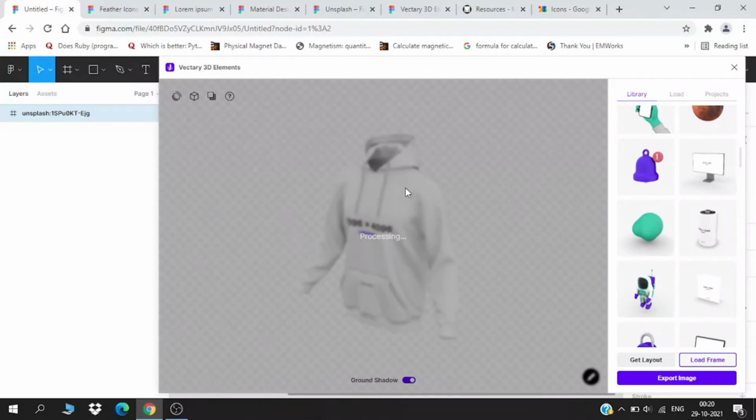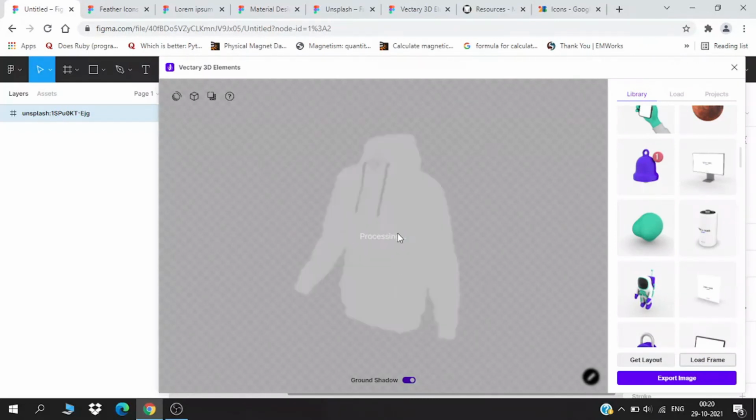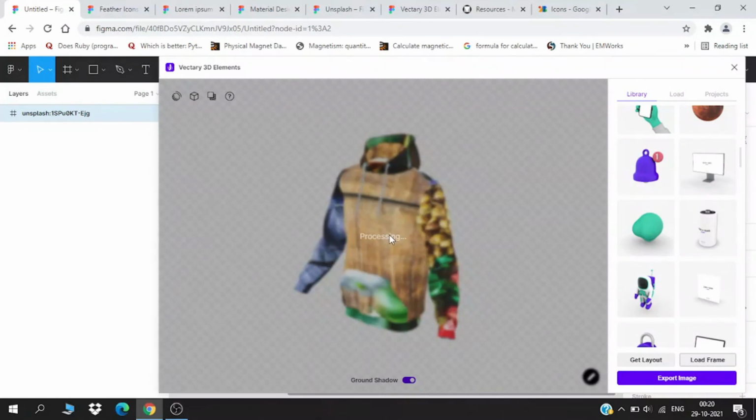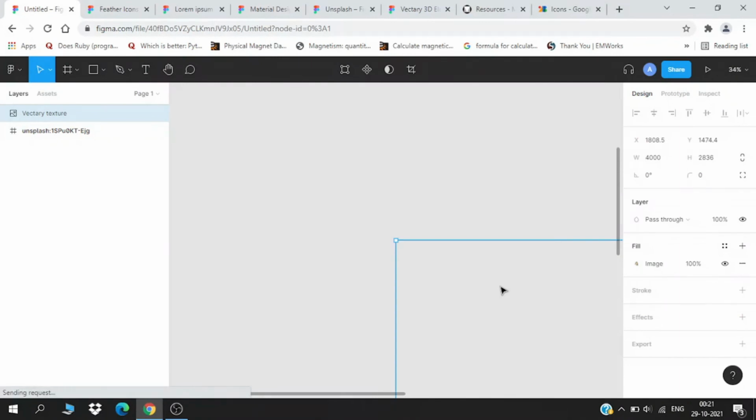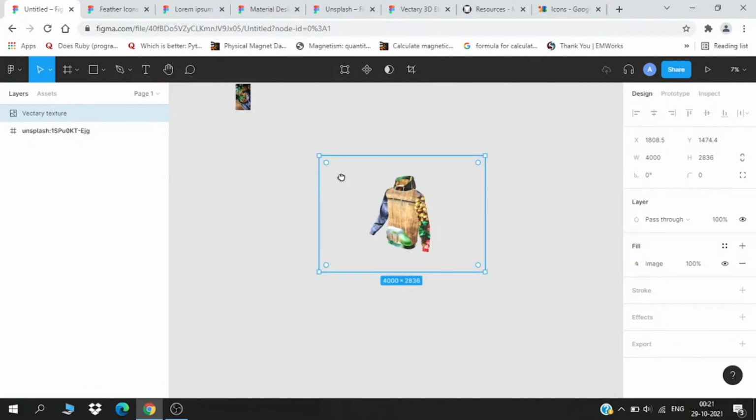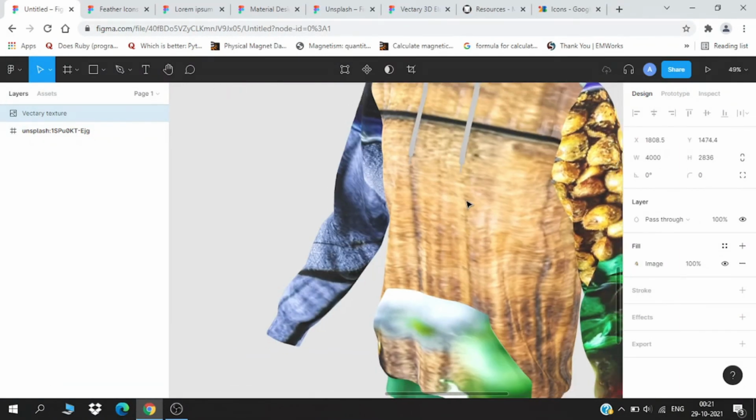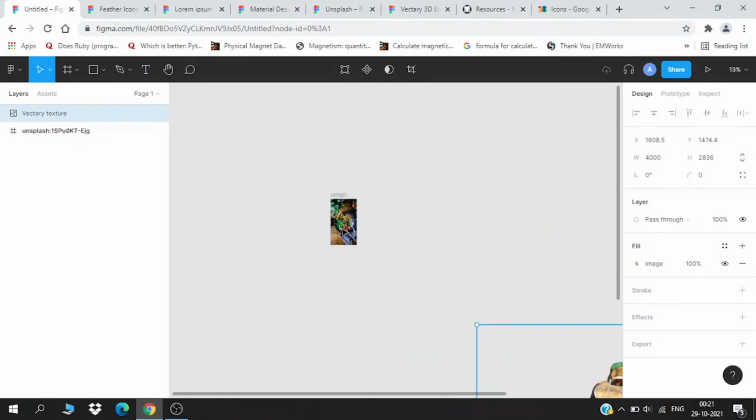As you can see, somewhat blurry, there are resolutions mentioned on this hoodie, and there it goes. As you can see, this has become entirely like our frame. And if I export this image, it will give a beautiful hoodie like this. As you can see, it is completely in this frame design.